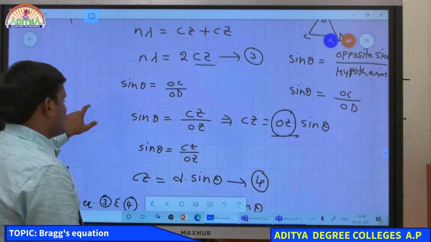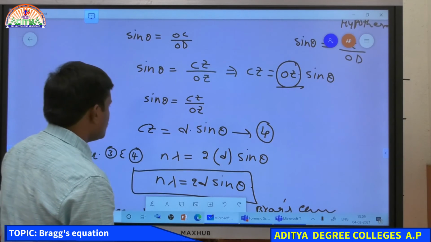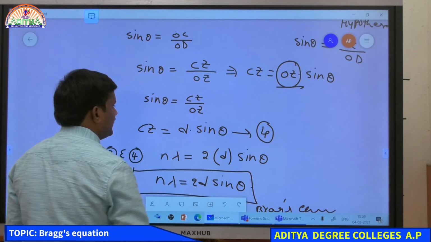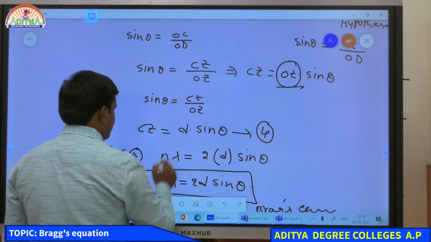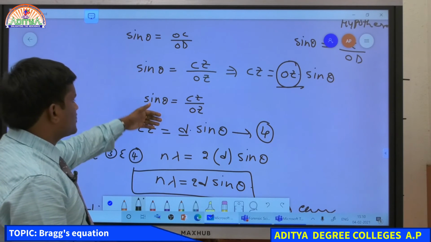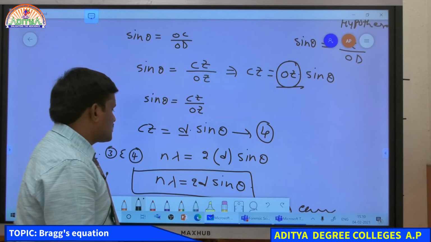Therefore, sin theta is equal to Cz by OZ. From that, Cz is equal to d into sin theta, where d is nothing but the OZ value. So from equations 3 and 4, finally we get an equation,